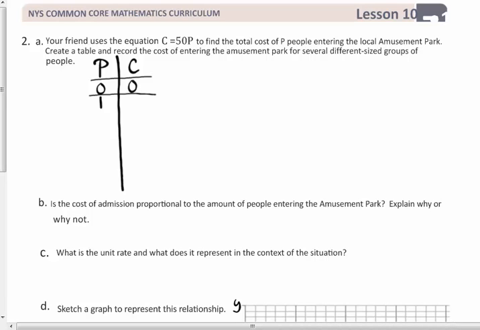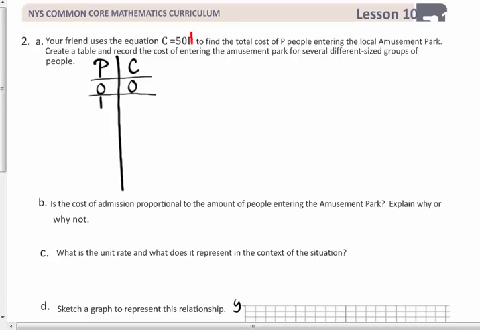Your friend uses the equation cost is equal to 50p to find the total cost of people entering the local amusement park. Create a table and record the cost of entering the amusement park for several different size groups of people. Okay, well, if no one goes to the park, I already started this, you don't have any cost. If one person goes to the park,